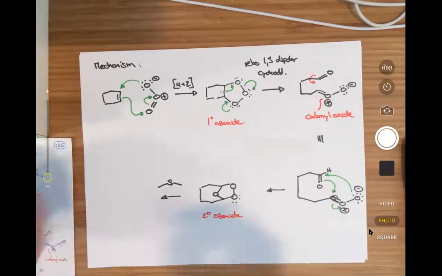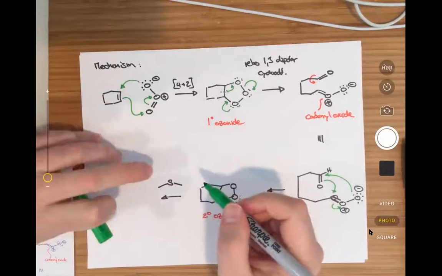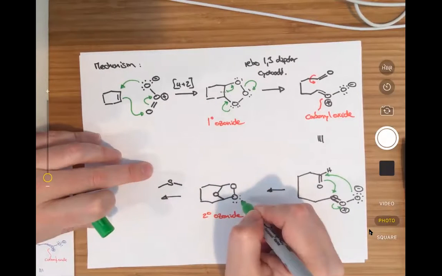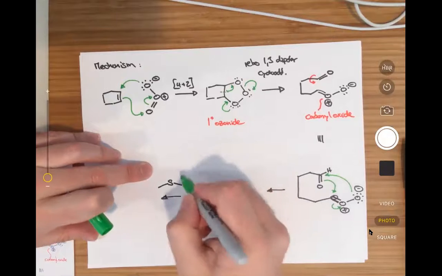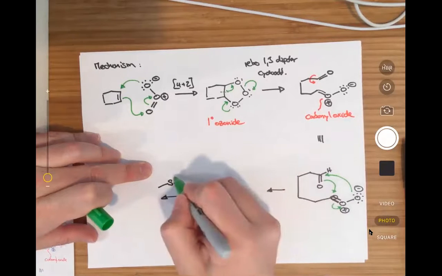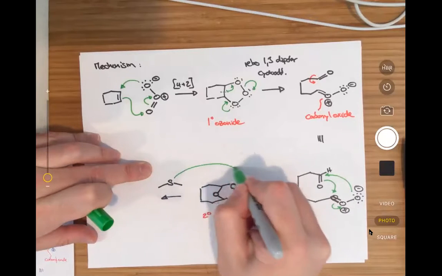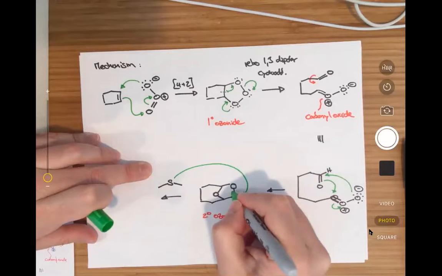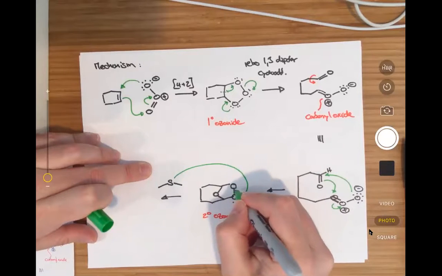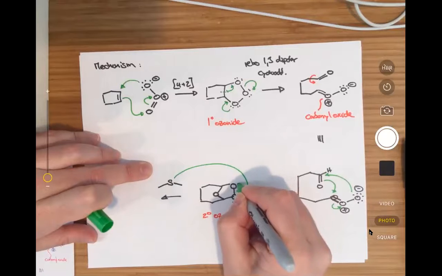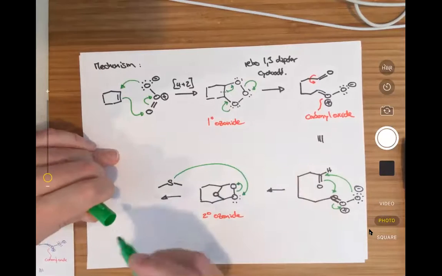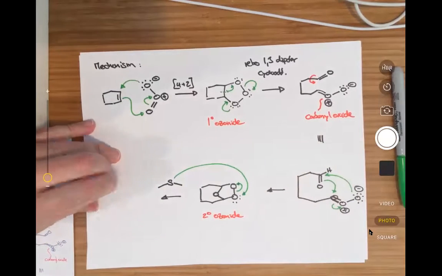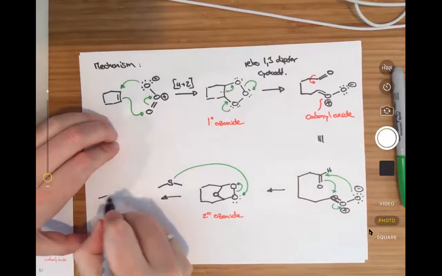What happens is that the sulfur is going to be attacking the oxygen, or one of these oxygens. So I can draw something like this. And this here is going to break this oxygen-oxygen bond so that you have a negative charge on one end. The product out of this